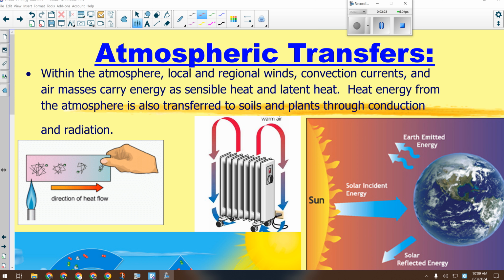Okay, that's about as far as we got because there was a lot to cover there. So that's like the quick summary, okay, of last Wednesday's lesson. What we're going to look at now is the last set of three things. Okay, so we got atmosphere, hydrosphere, lithosphere. We got absorption, reflection, conversion, and now we're going to talk about the three ways that energy can move from one place to another. That is by conduction,